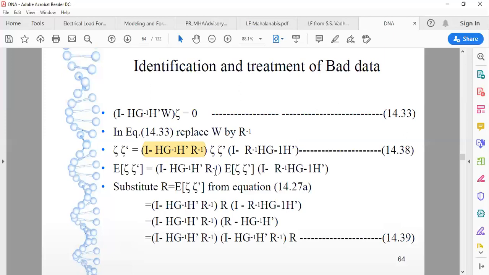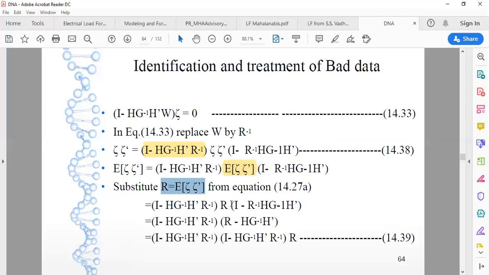So if we consider these two and take the expected function, the expected value of zeta square, or zeta into zeta transpose, is nothing but the multiplication of these two. And as we have explained earlier, if you have only a variable function, then the expected value should be imposed only on that function. So hence the expected function is only applicable to this variable. If we substitute R as we have previously discussed, variance is nothing but the expected value of zeta square. So over here, if we substitute the same and multiply on this side, then R inverse multiplied by R will be considered as I.